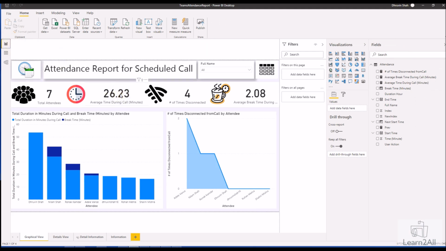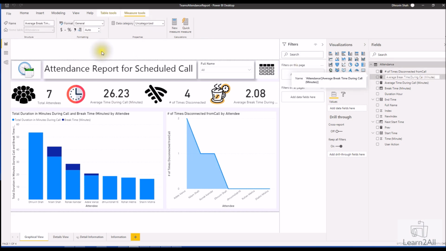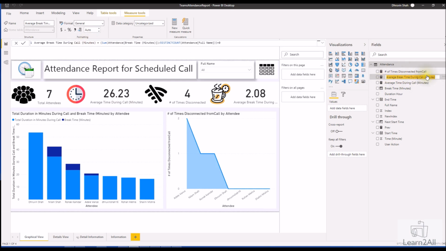Now here we need to represent some average time during the call. So what is the formula? If I want to calculate the average break time, it is total break minutes divided by the total number of attendees, that is 7, so the distinct count of full name. So it is considered as the average break time.